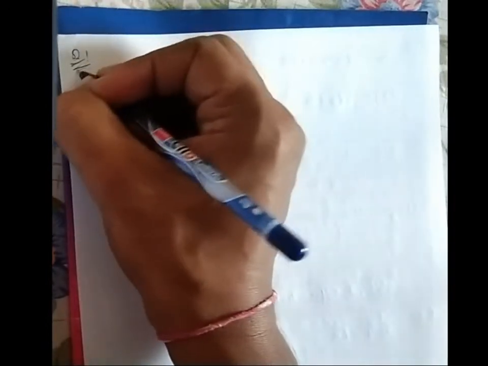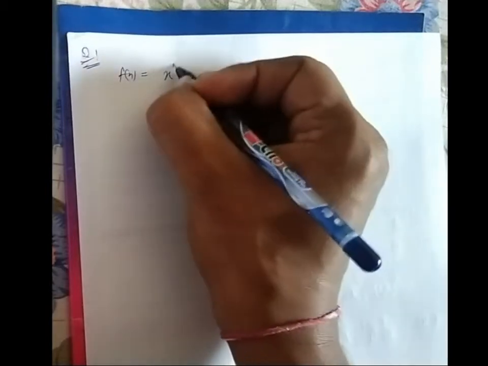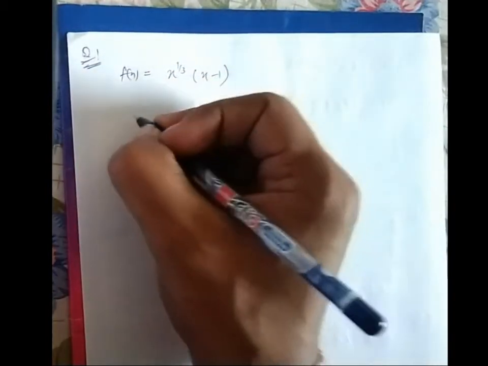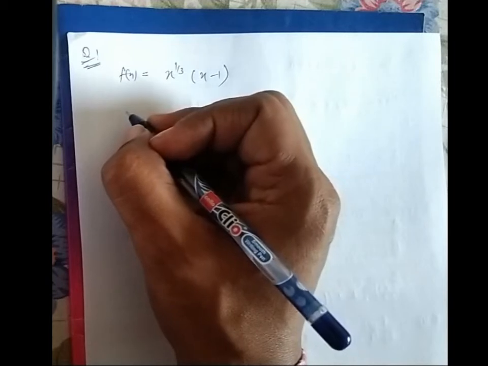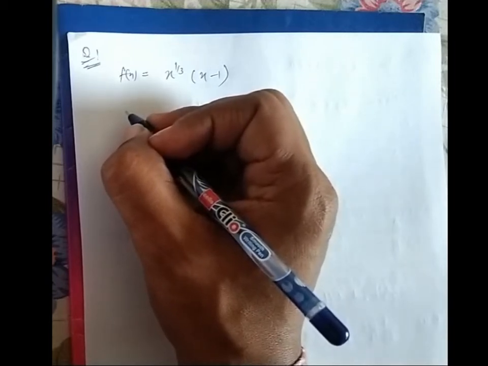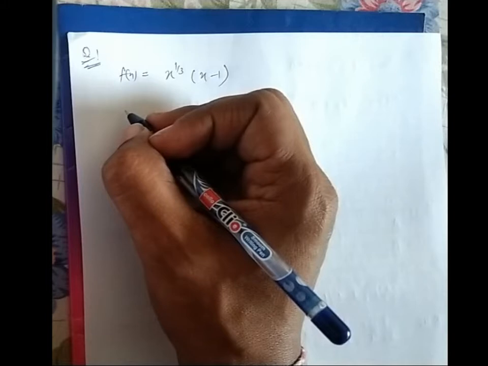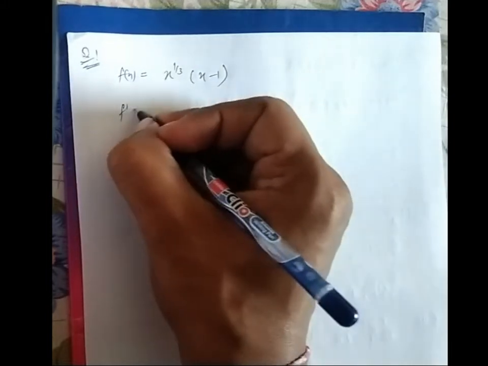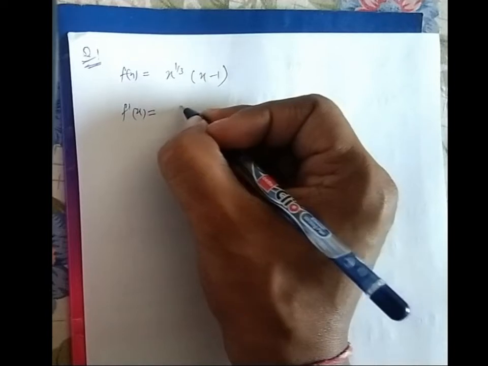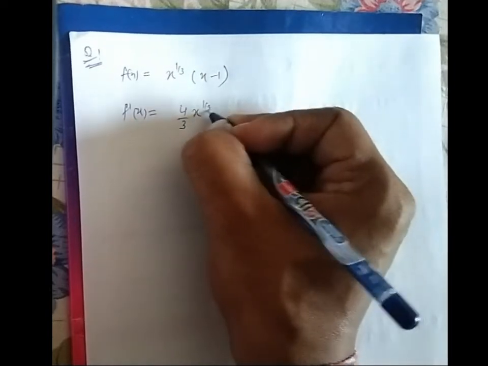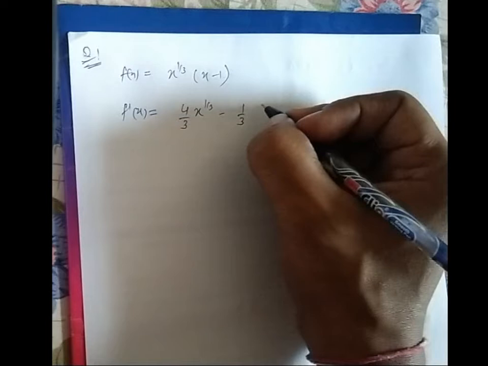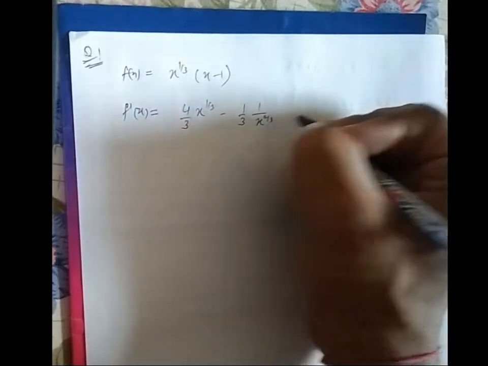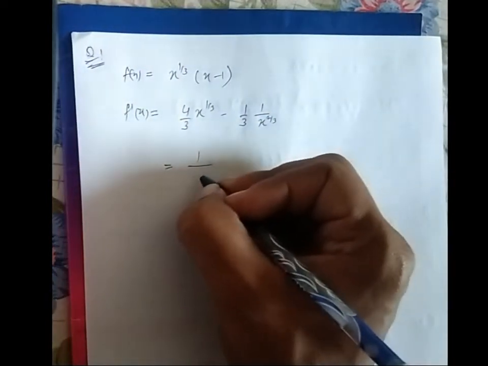Okay, so now we'll be discussing exercise 1B of AOD, starting with question 1. So f(x) over here is x^(1/3)(x - 1). To judge whether the function is increasing, to determine its inflection points, and the area enclosed by the curve, we need to first differentiate. f'(x) would be equal to 4/3 x^(1/3) minus 1/3. So this would be equal to 1 upon